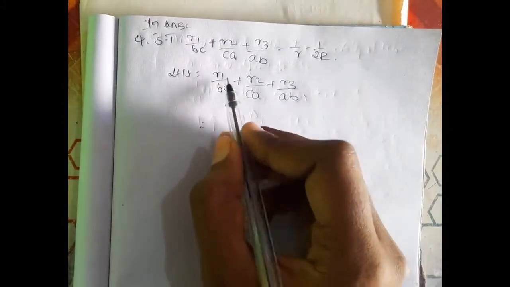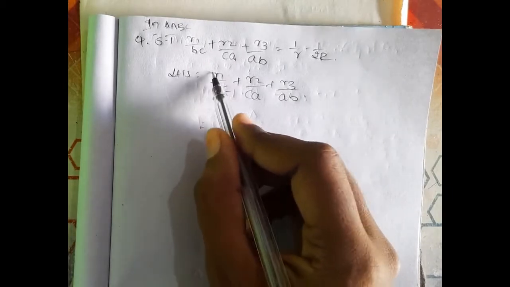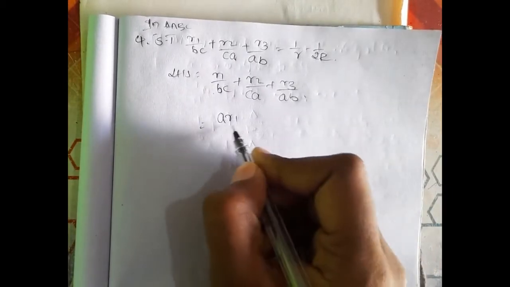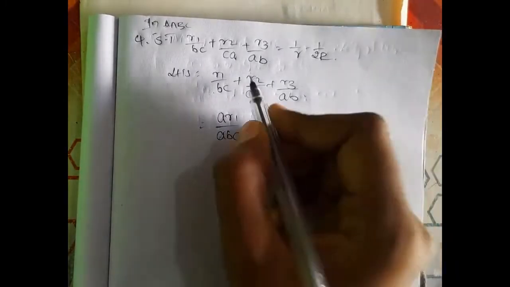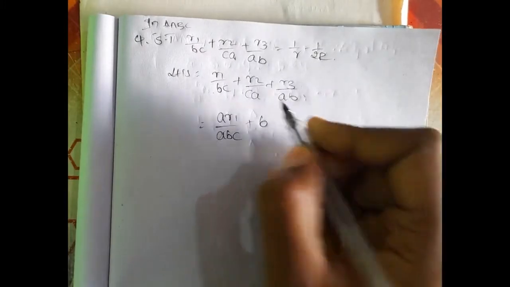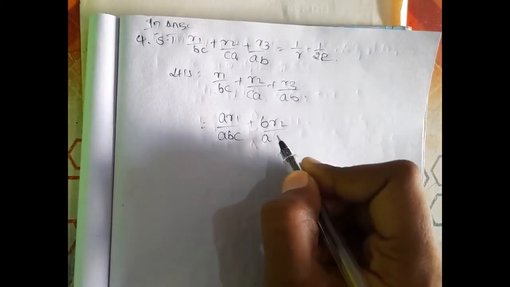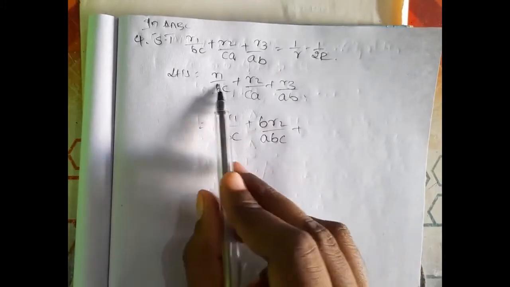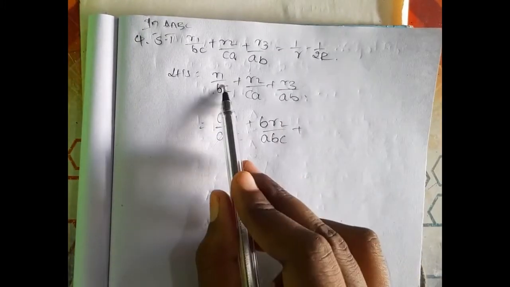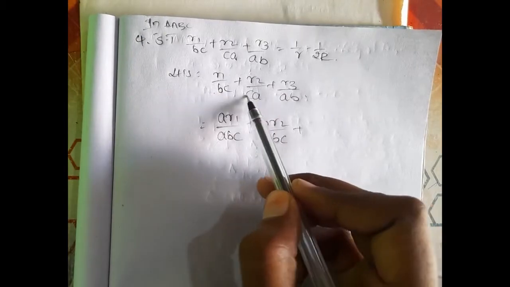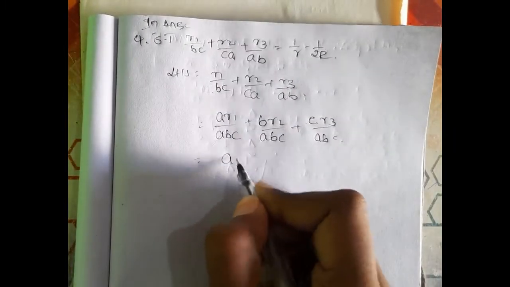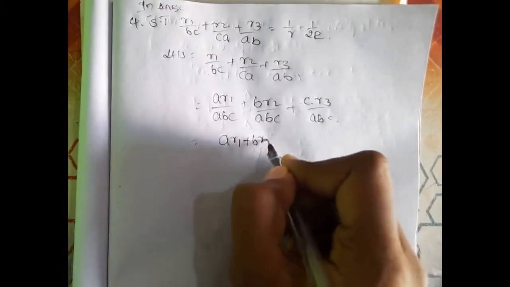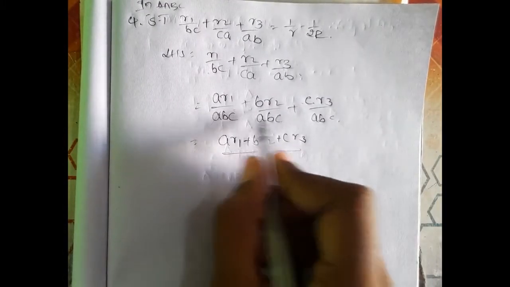So let's do one thing. Divide the numerator and denominator with a. Multiplying the numerator with a and dividing it with a, so it will become again the same thing. Here let's do it as b. ABC, because we are just equalizing these denominators. To do that we are multiplying here with a, here with b, here with c. That's it. Now c r3 over ABC. Now it can be written as a r1 plus b r2 plus c r3. So it's just making the denominators equal.